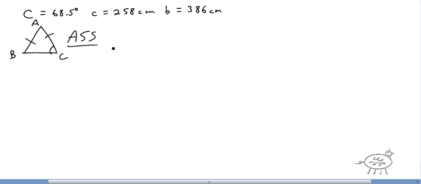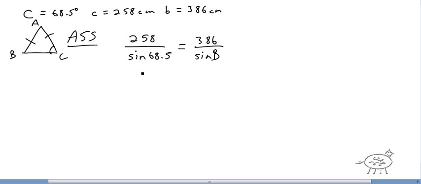Alright, so we have one ratio, since both C's are given. Okay, so we're going to use that. We're going to say 258 over sine of 68.5 is equal to 386, because our next goal is finding angle B. That's the only thing we can find. We're given a ratio for side c and angle C, and we're given side b. We need to find angle B. So 386 over sine of B. So we cross multiply,